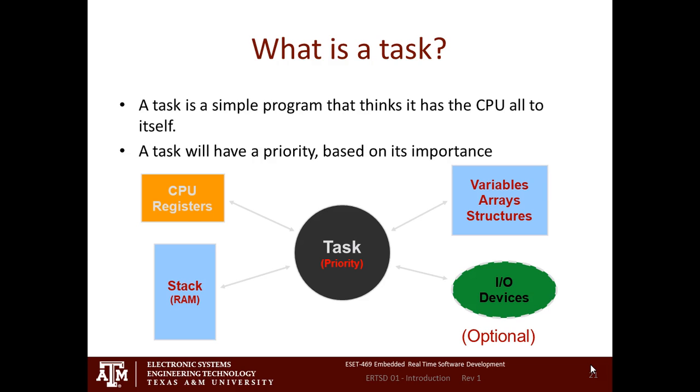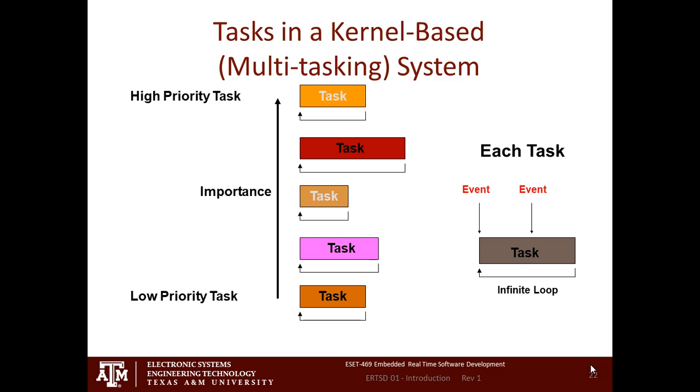So when you write a task, the beauty of this is that complex software is hard to write, right? Because now you have to think, when I do this over here, it does that over there. But with a task, I've got this one simple thing that I'm going to do. I'm going to assume that I have complete control over the CPU. I'm just going to do it. And that's the whole idea behind a task.